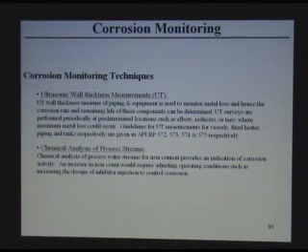So one way of doing it is using ultrasonic thickness measurement. This is an ultrasonic thickness measurement instrument, which is usually portable. You can go around the equipment and measure the wall thickness of the piping and equipment, and you keep a log of it. You measure it when it is new, and then you measure it after 1 year and see what the thickness is. The difference means metal loss. You can calculate the corrosion rate, and you see whether it is really corroding or not, and